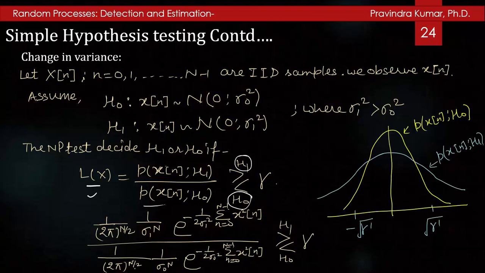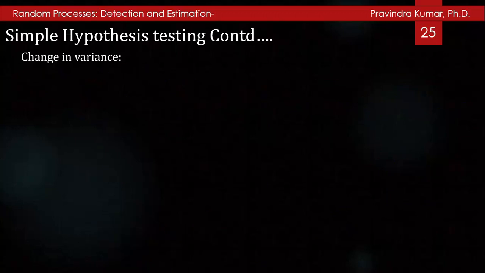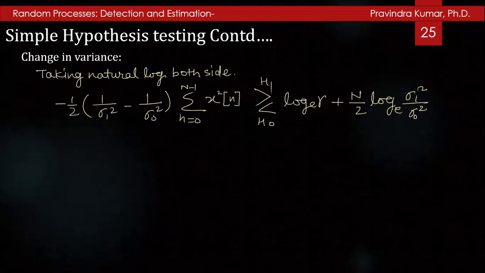You can see from here the mean is the same but the variance is different for these two PDFs, or these two hypotheses. After taking the log of this expression, we will get minus 1 by 2